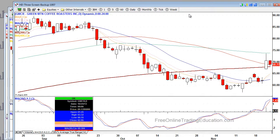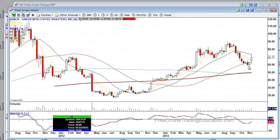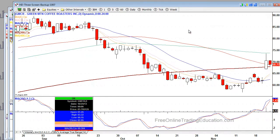But GMCR is our big winner for the week. That one was up 16.4%. If you look here, nice little pop off this bull pullback. Just a huge run, 14% for the week. Another 14%er,